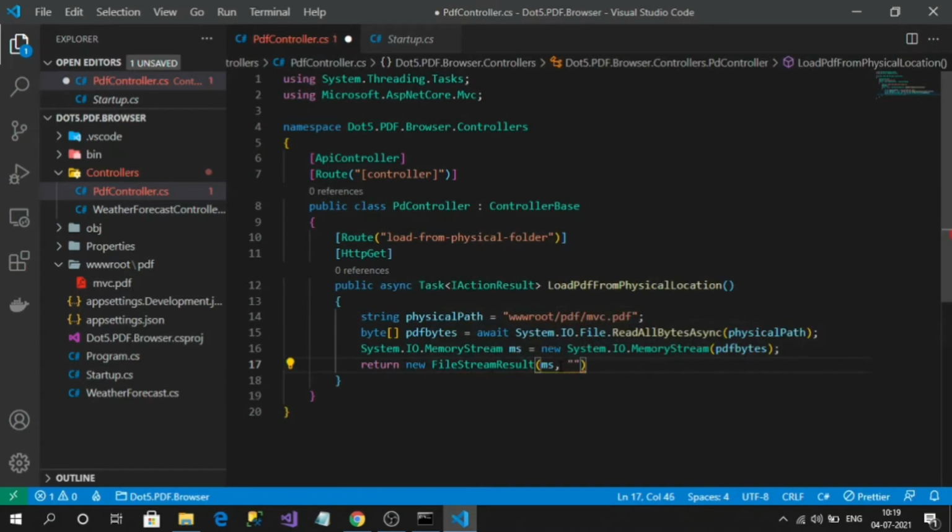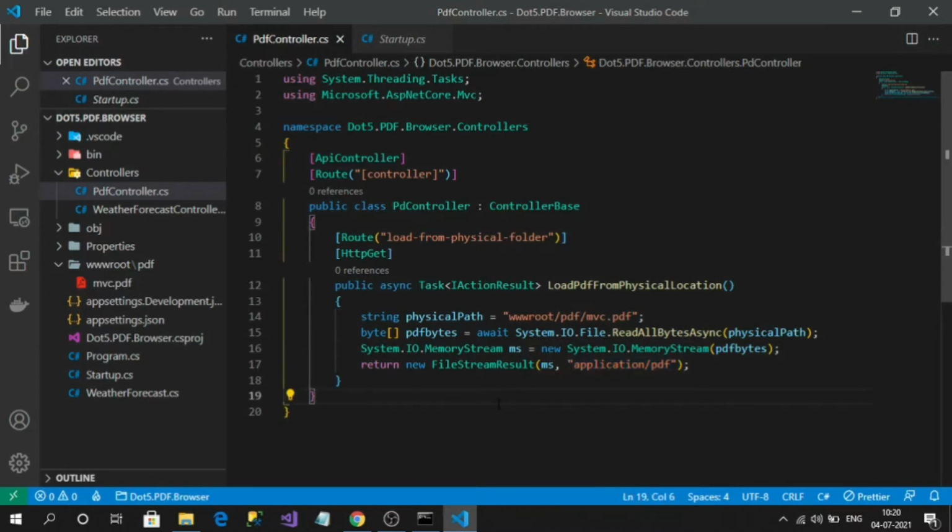And I need to specify application/pdf. This content type is the main reason. Here from the API we are returning a stream, but the browser will understand this content type and render the PDF onto the browser. So this is the key for rendering the PDF onto the browser. So that's it, our endpoint to load the PDF onto the browser.